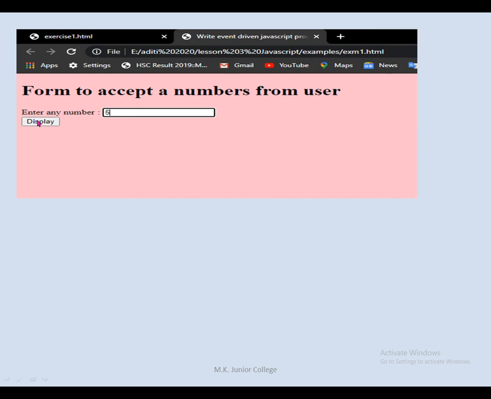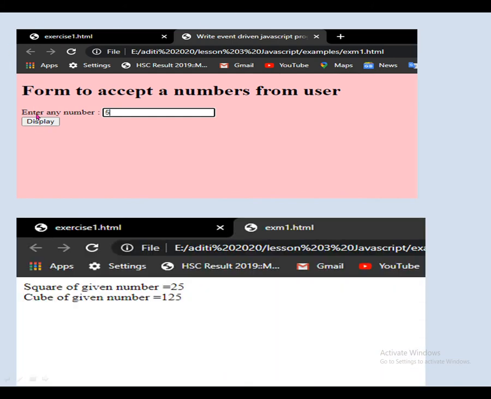See, just as before we did many programs with a button and a form, but that button was not active over there. Now, when you click on this button, it will display the output for you. It means it will accept your click event. You are adding some action inside that button. So after clicking here, you will get the output like this. This is an event-driven JavaScript program, where you are adding an onclick event on the button.